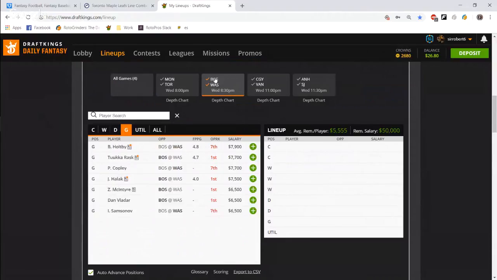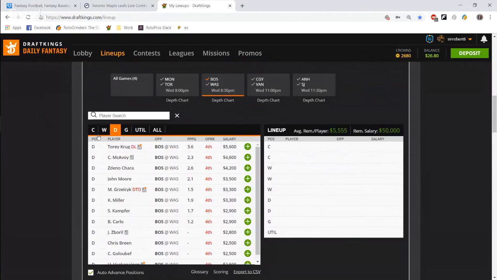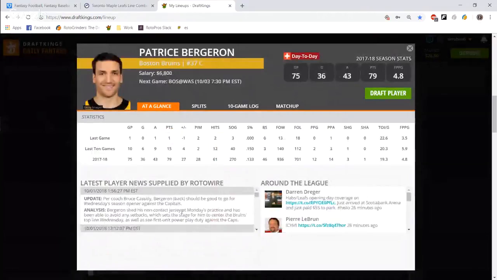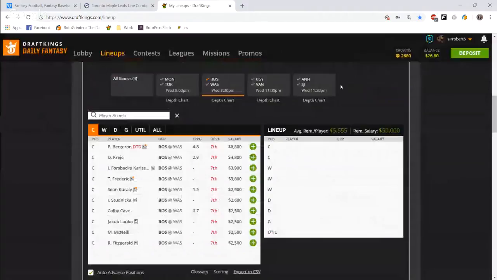Moving on to Boston and Washington. Now, the issue here with Boston is that they're really hurt across the board. Bergeron's probably not going to play. Let's take an updated look in today. He should be good to go. I don't know. I've read some things stating otherwise, that he's a lot worse for wear and he's going to be pushing it tonight. But, yeah,